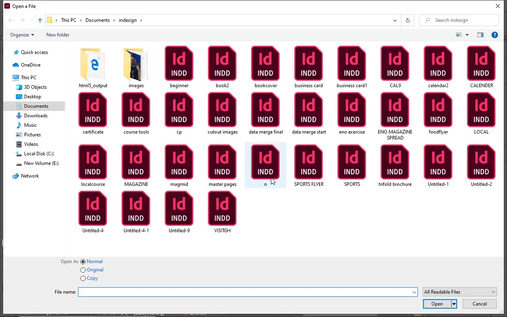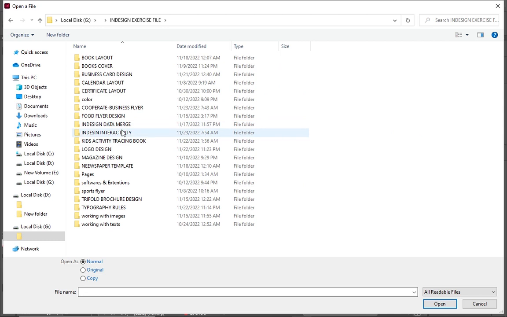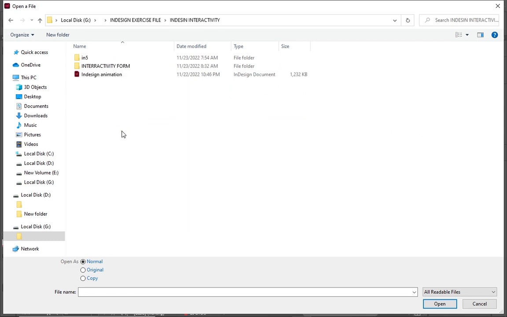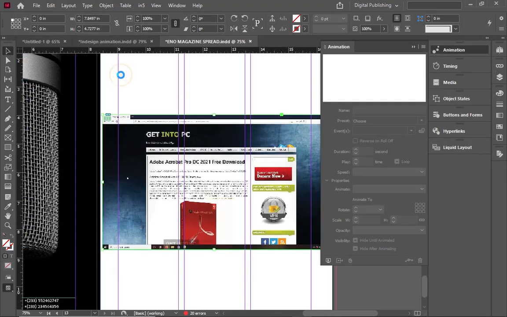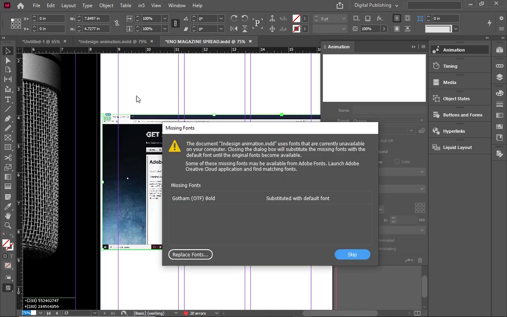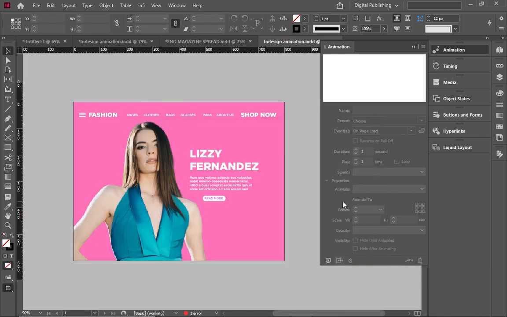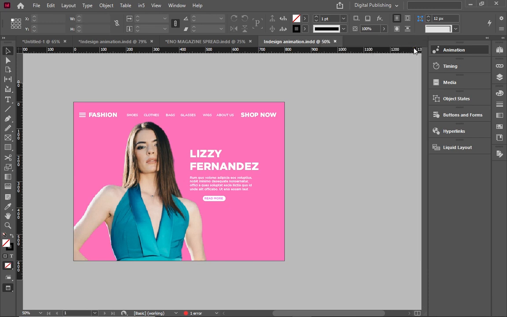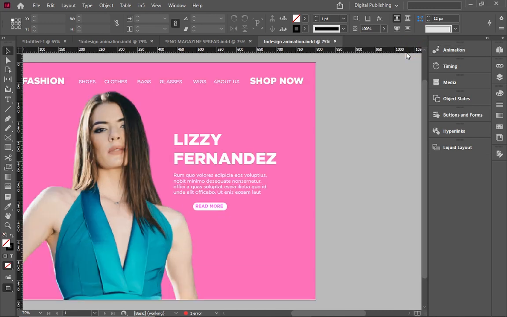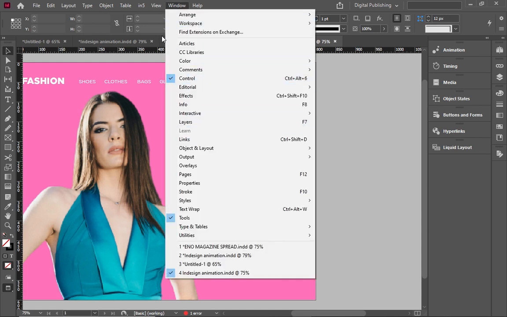Let me go into exercise files, of course, and then come to InDesign interactivity, and then click on the InDesign animation. Double click to open it. So now when it opens for you, just click skip because you don't need it. Now this is basically something that I just created, and it doesn't need any